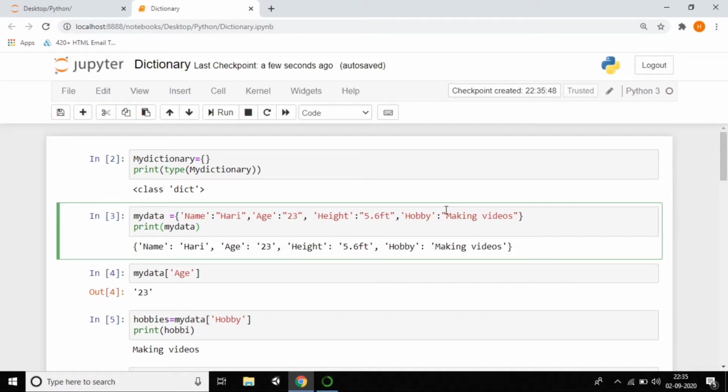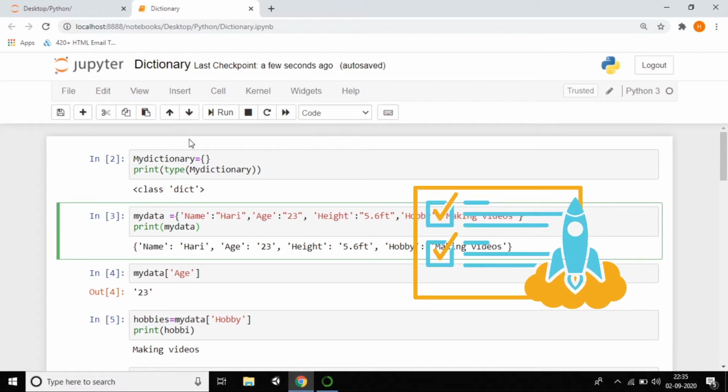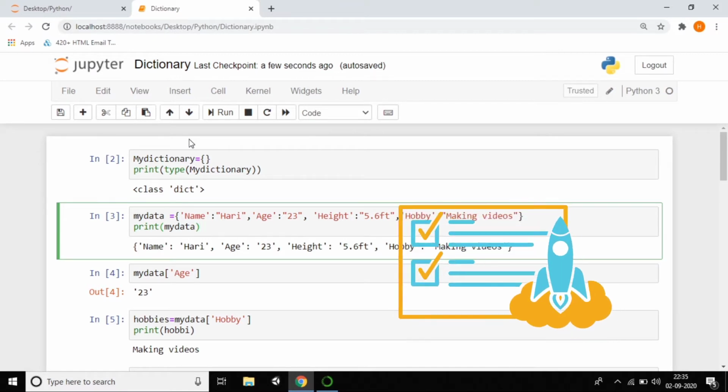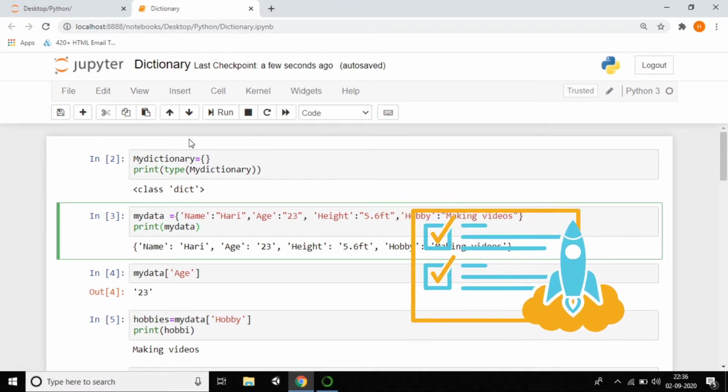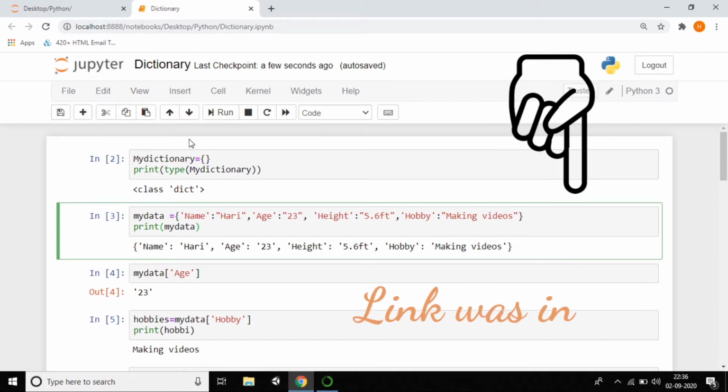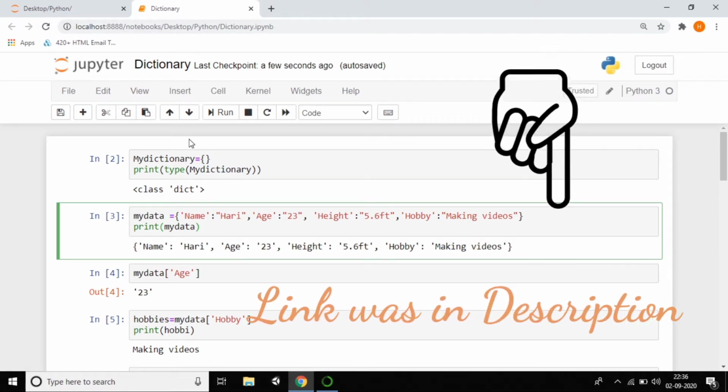In the previous tutorial we saw dictionaries. I think it was a very clear explanation about dictionaries, and it also gave a task related to dictionaries. I hope all of you have done that task. If you missed that tutorial, the link is available in the description. Just go to the description and learn about dictionaries.